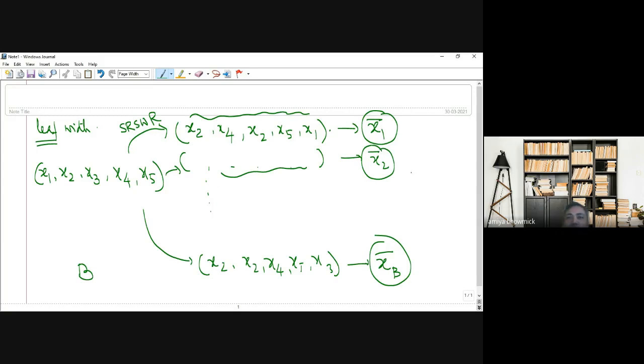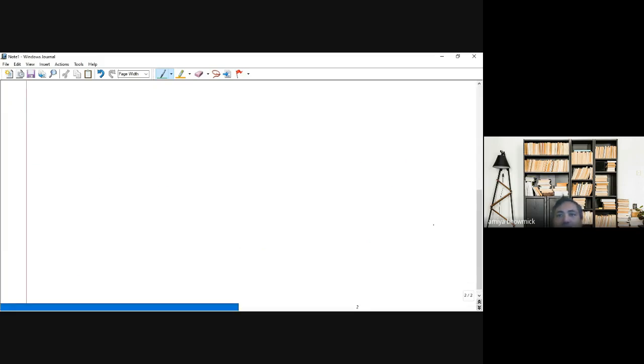And next, what is my bootstrap mean? It is the mean, the average, of x1 bar to xb bar. Got it? And if you draw a histogram of these values x1 bar to xb bar,